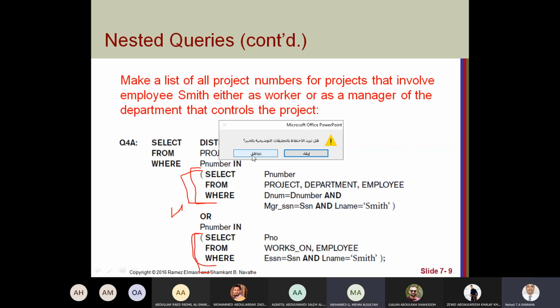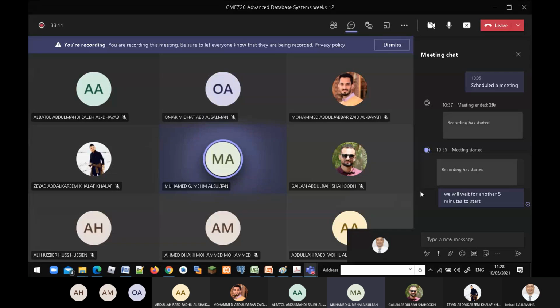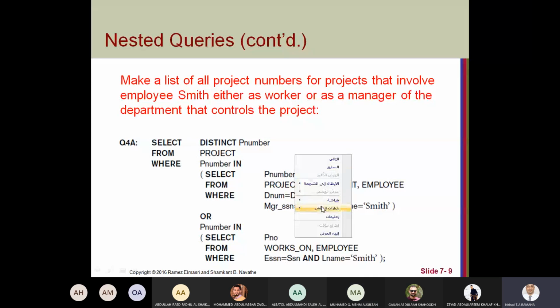Doctor, why don't we use distinct in the inner query for project number? It will not make any difference for us. If we use it, distinct will make more operations: after getting the result, we would remove the redundant values. It's okay if you have a redundant value here. Why? Because when you use in, the first time it finds a match, it returns true.